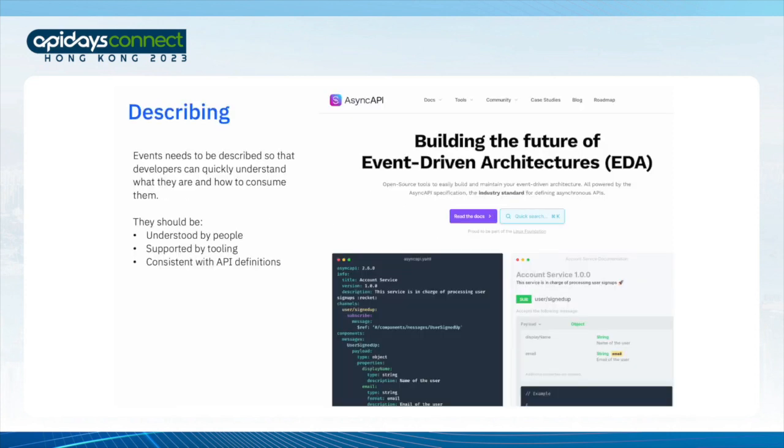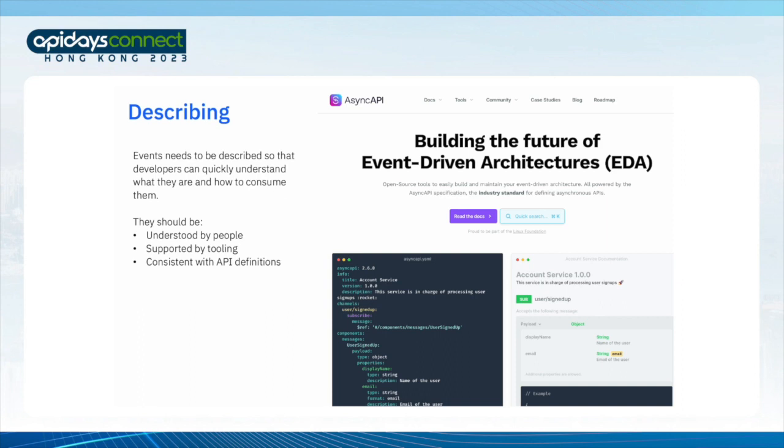Firstly, I talked about the value in documenting and describing our streams of events as we do our APIs. High-quality developer documentation is essential for adoption of APIs, and that's no different with topics and events. To enable developers to create the responsive, event-driven applications we want, they're going to need decent documentation. It should be clear, it should be easy to understand. It should be agnostic of any particular messaging technology or protocol. If possible, it should be something that can be consumed by tooling, such as code generators.